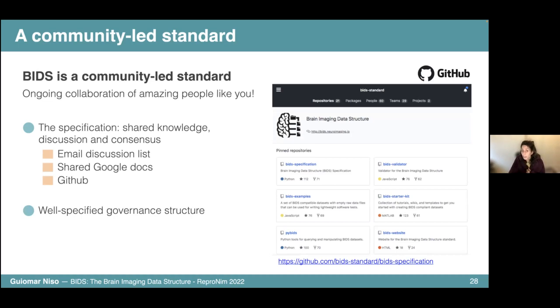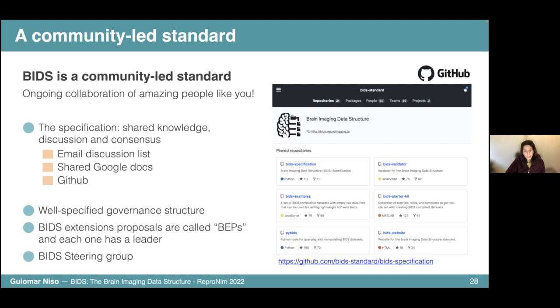And we have a GitHub repository where it contains many things like the specification, but also examples, the validator, a BIDS starter kit, and many tools like PyBIDS. And we also have a well-specified governance structure. And as I told you before, there are BIDS extension proposals that are called BEPs, and each one has a leader, which takes care of it to evolve, and a group of collaborators. And the BIDS steering group,